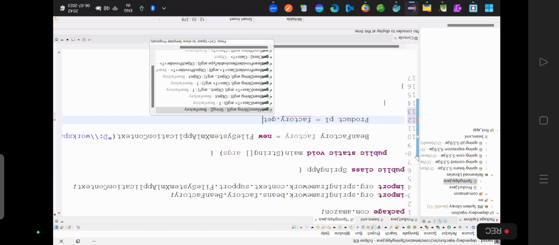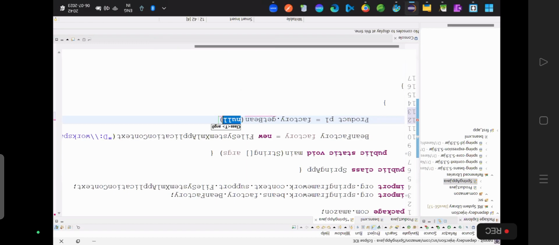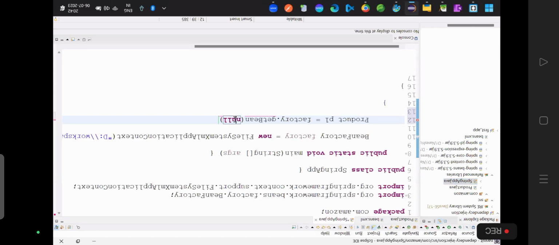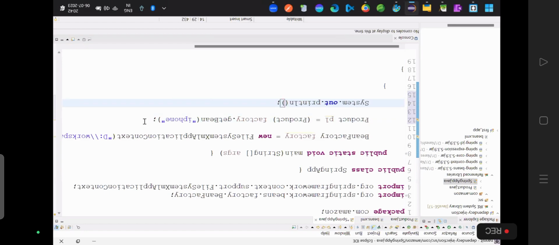getBean, and what is the name I gave? Bean ID name iPhone I gave. So let me copy paste. These are all things you know, we completed multiple examples. Semicolon, and it is going to return the Object type. We need to typecast it to the Product level. Now see, sysout, just print the P1,